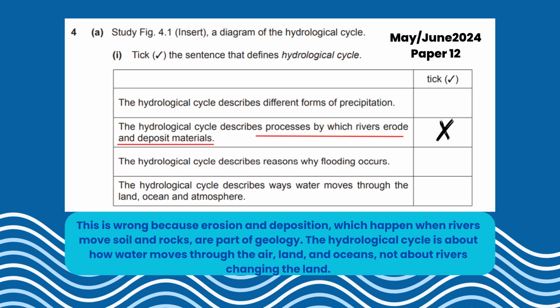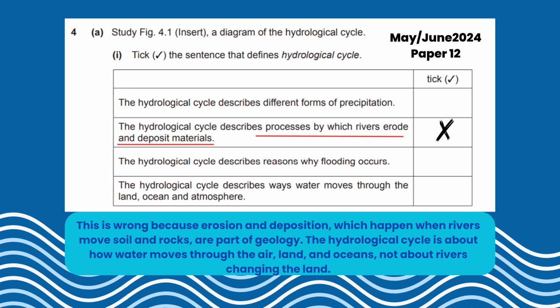On the other hand, deposit means to drop or leave behind materials that were being carried. So, if the force of movement like water or wind slows down, then, for instance, rivers deposit sediment when they lose energy. So it forms features like sandbanks or deltas. And from this item, do you think this really defines the term hydrological cycle? The answer is wrong. This is really incorrect.